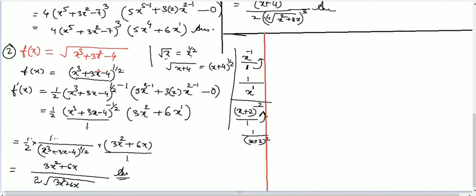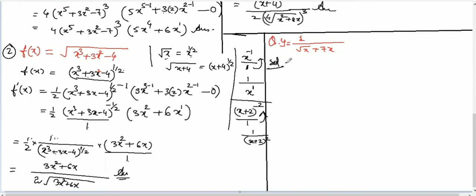So I'm going to take this question: differentiate y equal to 1 over square root of x plus 7x. And this is the question. So how to solve this question? Differentiate this question. You can differentiate this question by using quotient rule as well, but I'm explaining you chain rule, so we will do it by chain rule.